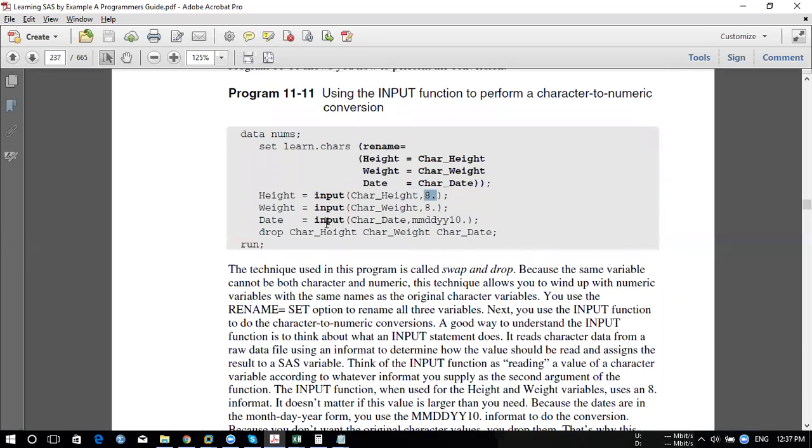When you define your put, you need to define your format. So when you are looking to convert the value, you should tell the instruction which way you need to convert. And when you want it displayed, you need to use a format option. The same we are using over here.